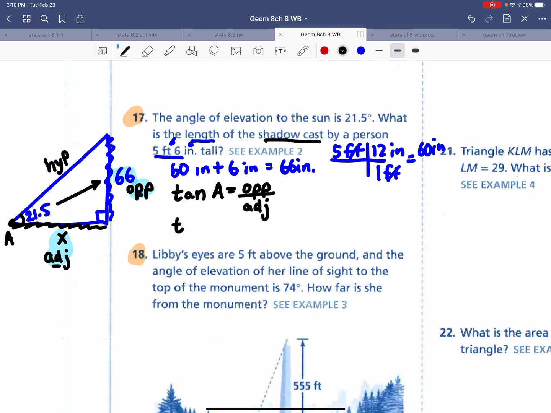Okay, so the tangent of angle A, and angle A is 21.5. And the opposite side is 66, and the adjacent side is x. Let's do the Lynch swap and then solve. So we have x and 66 divided by the tangent of 21.5. Sound good? Well, we're almost done, but we need to know what the tangent of 21.5 is. So we hit 21.5 and hit tangent, and we get